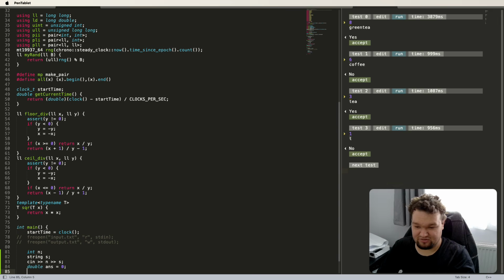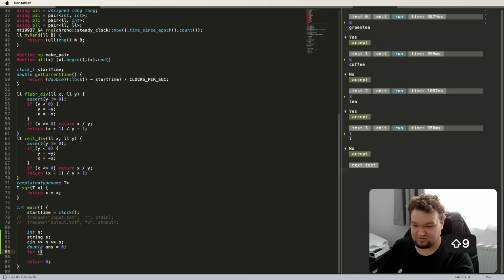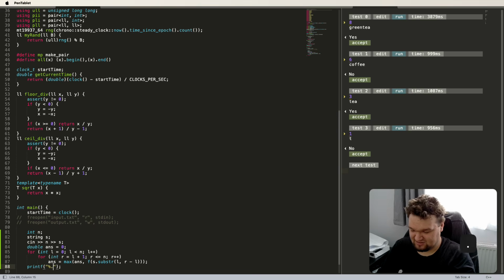So I will just iterate over all substrings and calculate the function from the substring. I don't know how to print doubles with cout, so